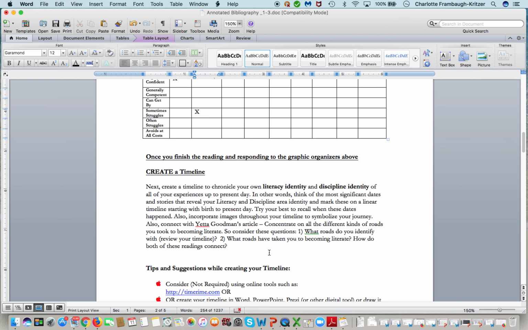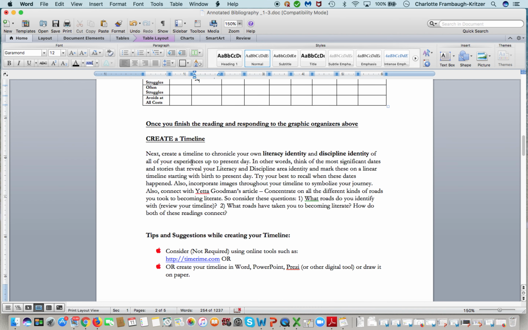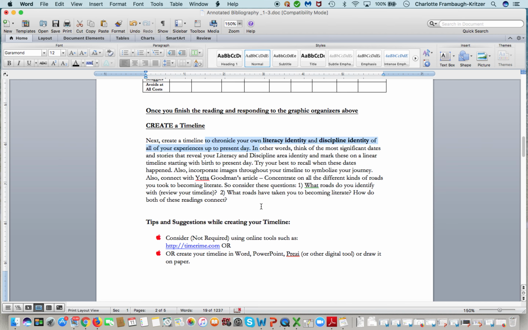And then once you're finished with that, I want you to chronicle your literacy identity and discipline identity in a timeline, which, again, I think timelines are so fun to use with your own 6th through 12th graders. Think of ways that you can adapt these in your own classroom, but have fun on your own, thinking from birth to your present day, at least